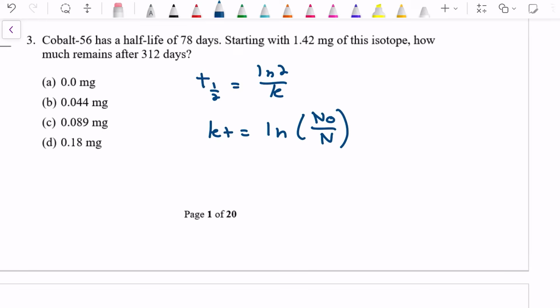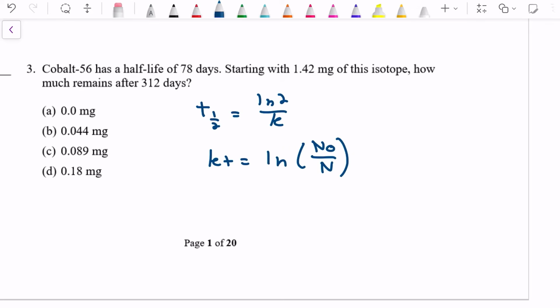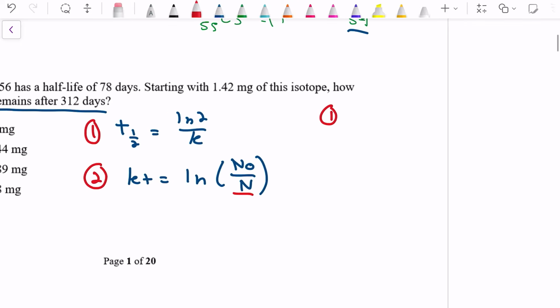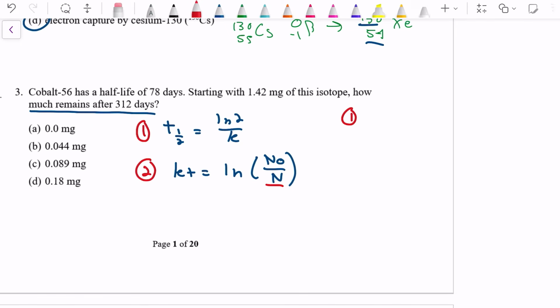Generally, we're going to use a system of these two equations to solve for one ending variable. They want to know how much remains after 312 days, which is going to be our final amount, which means we're probably going to have to solve this one first to get our K, and then plug K in right there to solve the second equation. So let's solve one first. We know the half-life is 78 days, and that is equal to the natural log of